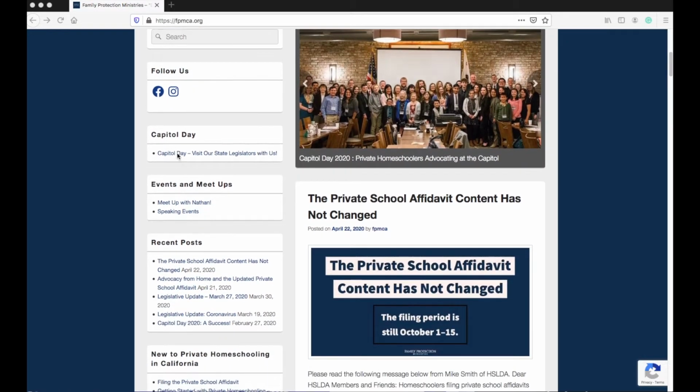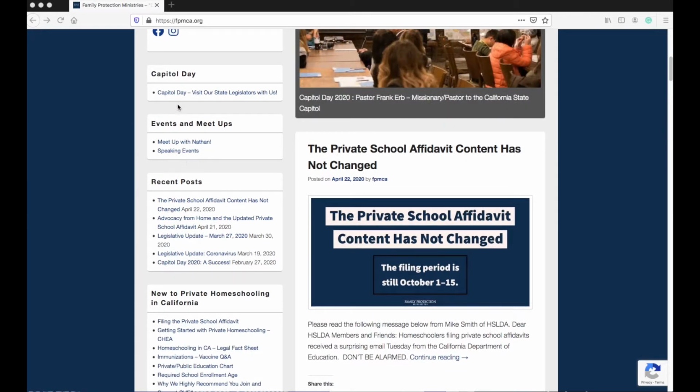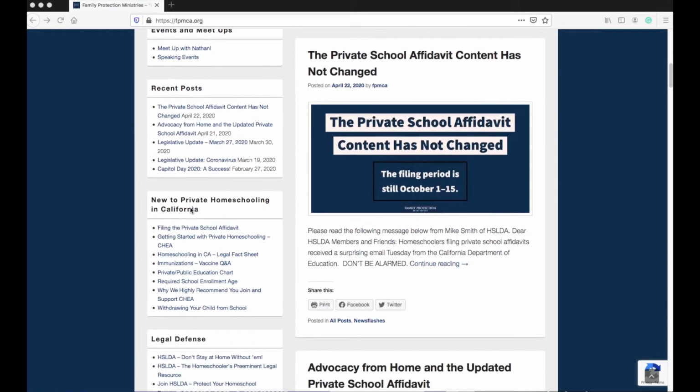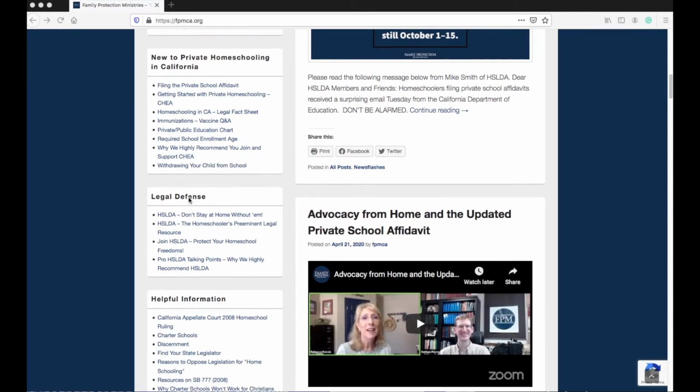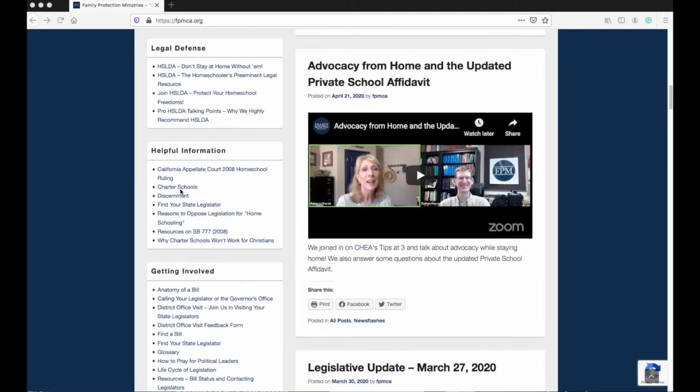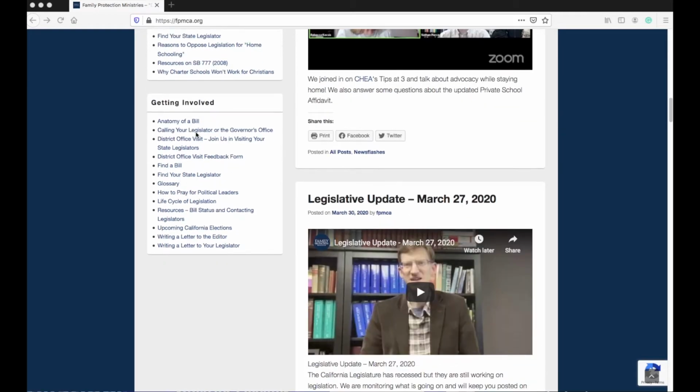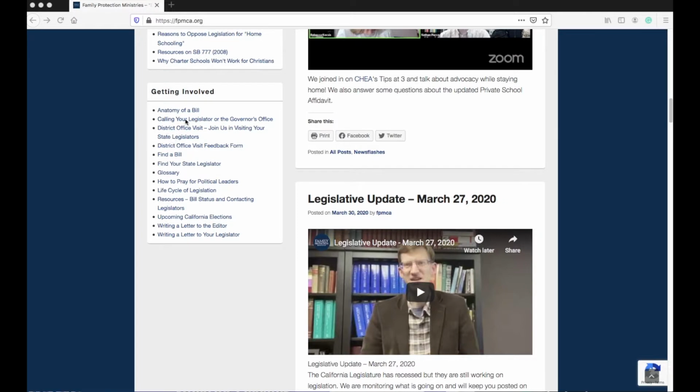You'll see a lot of helpful information on here about how you can get involved, as well as past issues we've dealt with. But we're going to go for right now down on the left sidebar menu to the area called Getting Involved, and you can find a lot of helpful information here: the anatomy of a bill, calling your legislator, the governor's office, just instructions on a variety of different things. And we're going to click on